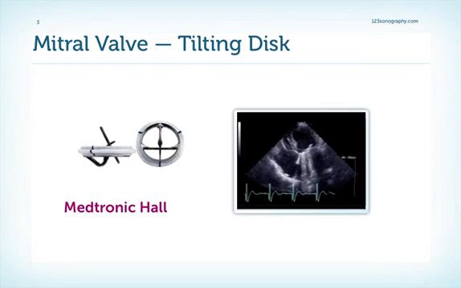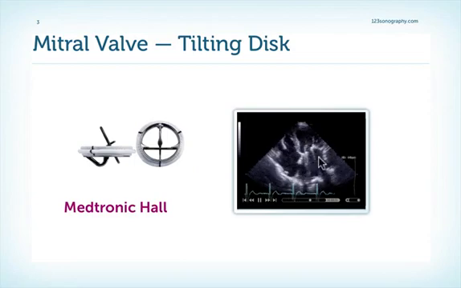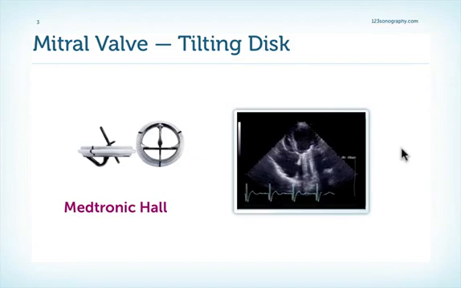First, here is a tilting disc valve. Remember, we only have one disc, which is asymmetrically positioned. We have two orifices, one here, which is smaller, and another one, which is larger. Here is the corresponding echo of a patient who has such a Medtronic Hall valve. We can first of all note that there is a lot of shadowing of the left atrium, which is typical for mechanical valves. And we can only see one disc. This might be difficult to visualize, so you have to rotate the transducer until you really see this one disc